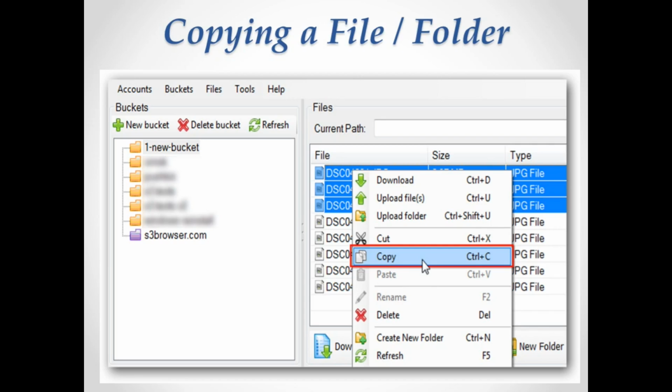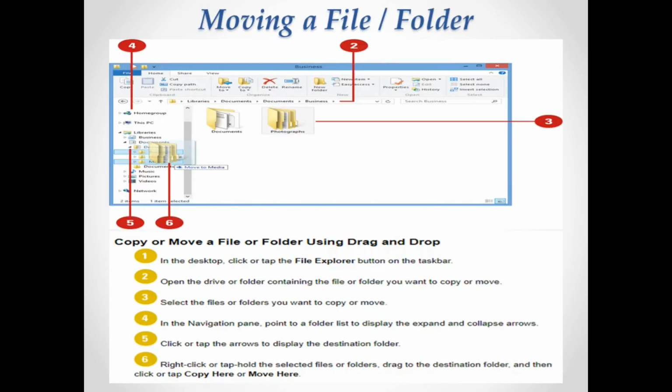I'll also give you a shortcut for copy. Another way to copy is by using a keyboard shortcut, pressing Ctrl+C. I think you can see the shortcut on the screen. By pressing the Ctrl button plus C from the keyboard, it gives you the shortcut command for copy. And to paste, press Ctrl+V and it will be pasted.